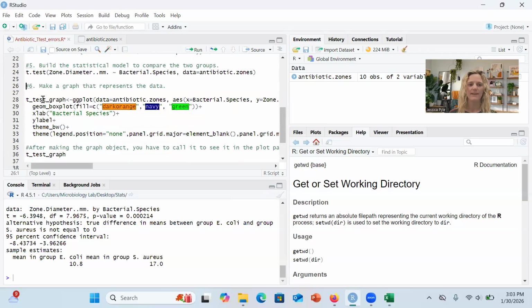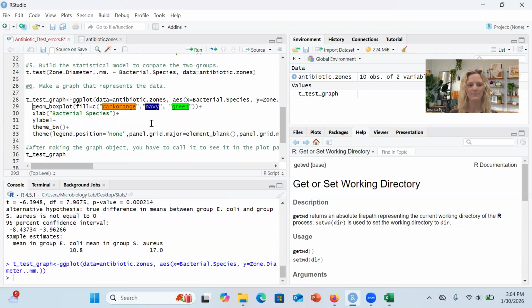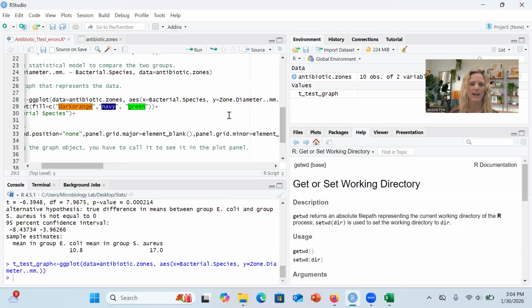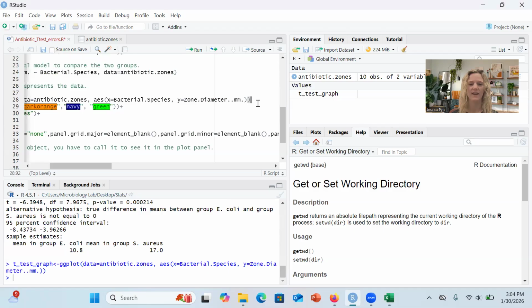Now I'm ready to make my box plot figure using the ggplot function. So I'm going to run this group of code by hitting Control Enter. And I notice right away that I've only run the first line of code here. So there's a problem. Even though there's no error message down here, I can tell that not all of that code chunk actually ran. That usually means that there's a missing plus sign at the end of that line of